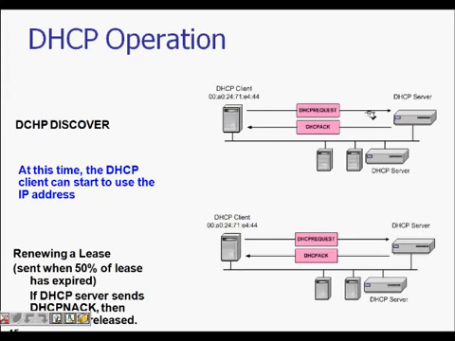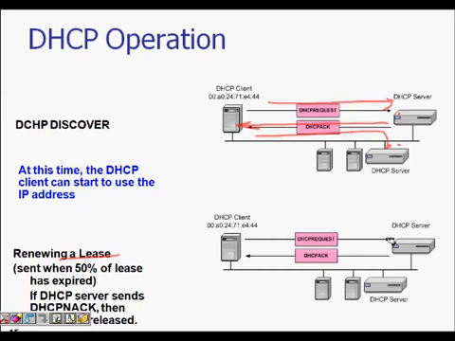So the DHCP request is sent to this server, saying okay, I'm choosing your IP address. This is also a broadcast. So the other server will get that, okay, I'm not chosen. This one will know that he is choosing my IP address, and then he will send an ACK that it is fine.